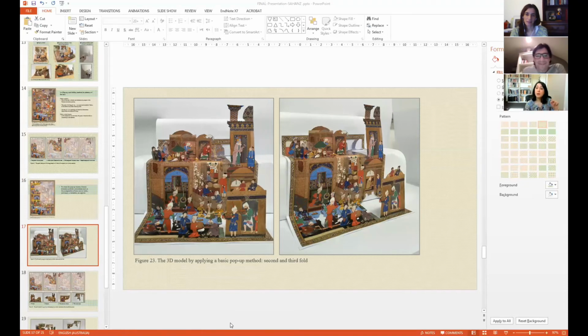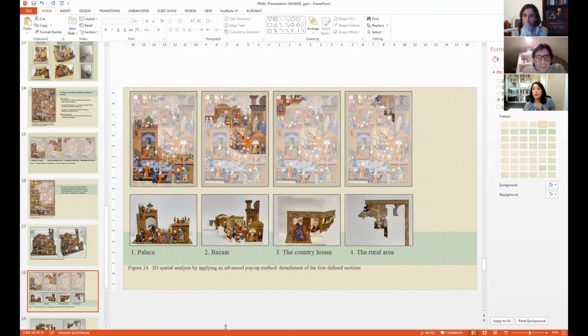So it's the first folio I produced, and the idea of folding a pop-up actually arose from observing this folio. I found that if I fold this printed folio, I can produce a pop-up model. After that, I found that it's a very basic model, and it can't be applied to the bazaar areas. So I need to distinguish between the